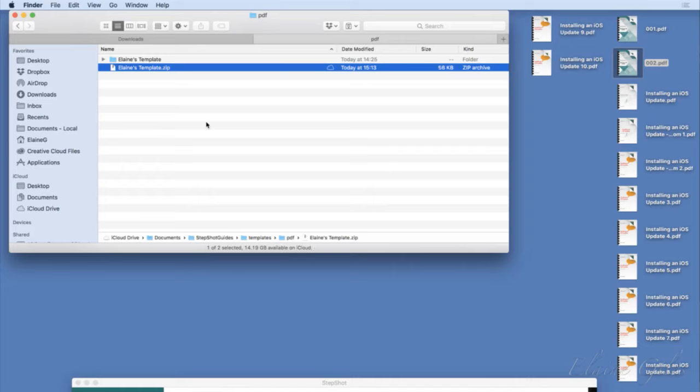What's happening now is it's actually uploading that to iCloud, which is why the little cloud logo's there, because as I said, this is iCloud enabled on mine. So first step, step 1, locate your template folder, Elaine's template. Step 2, make a zip file of it. Step 3, you need to change the extension from the word zip to, and this must be spot on right, SSPDF